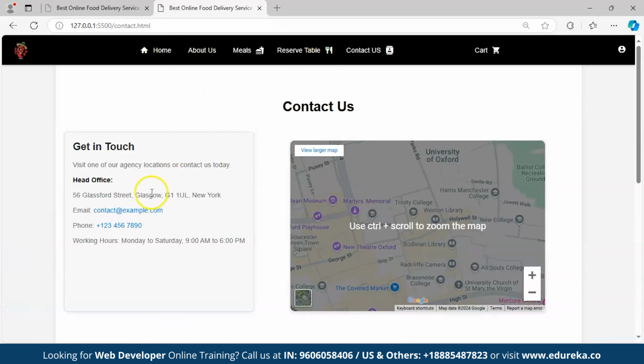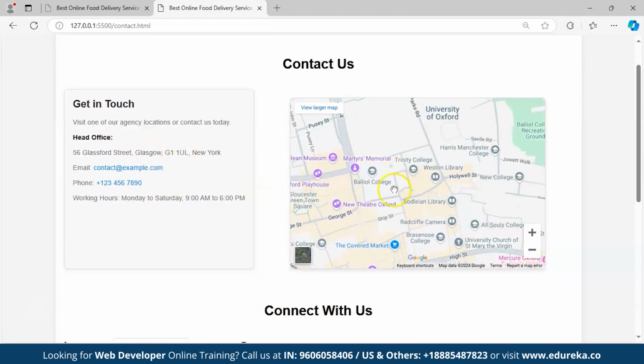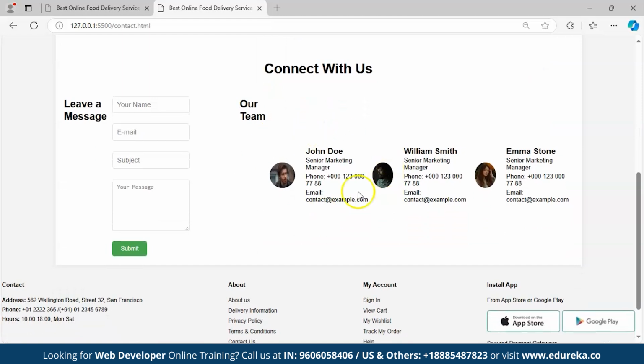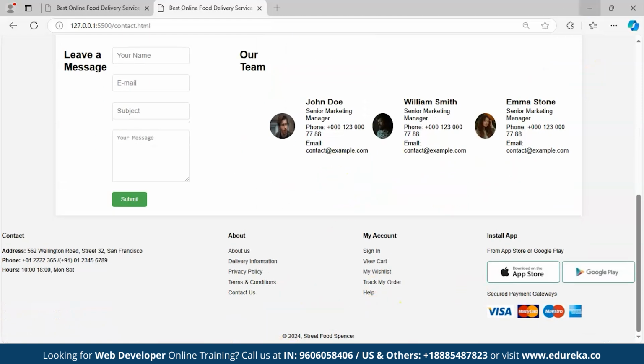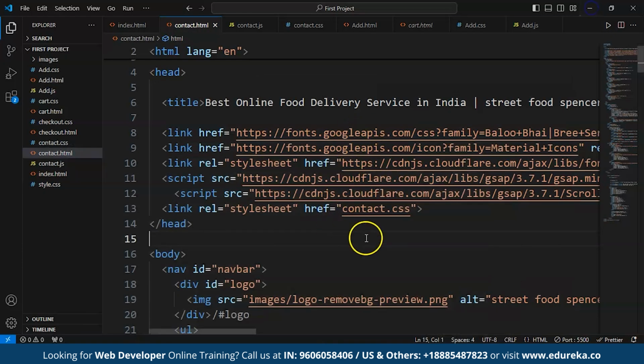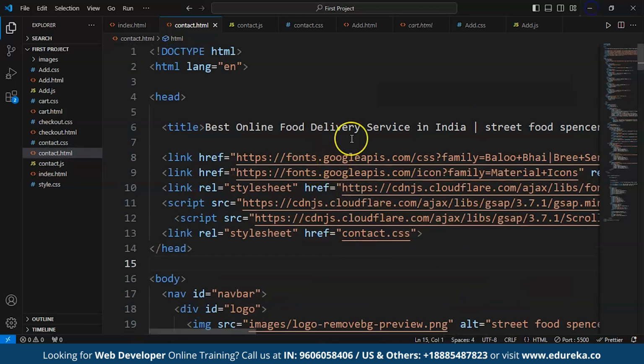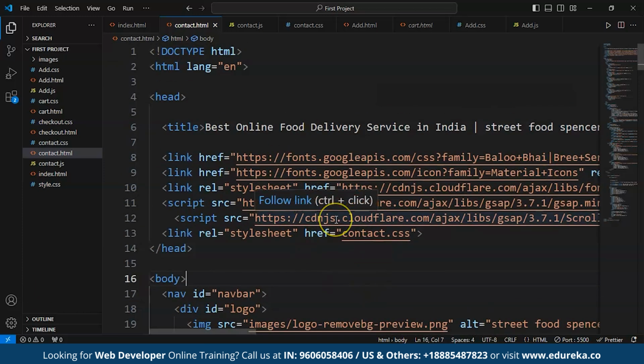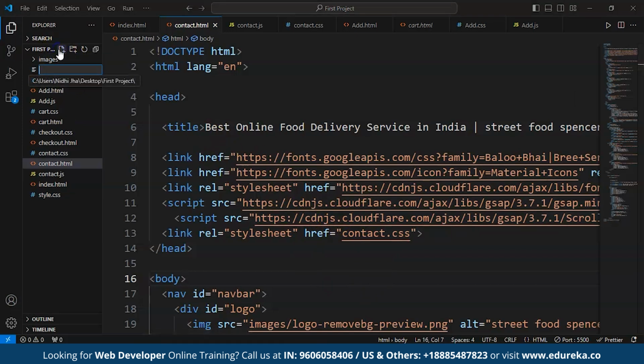So here we have navigation bar, we have this box, and then we have the map which is from the Google Maps, and then we have our team and the footer. That's it. This is our contact us page, and so far we have created the home page, the mail page, the cart page, the checkout page and the contact us page. So now the next thing that we are going to create is about us page, and lastly we'll create the login and register page. So for creating the about us page, we'll just make one HTML file naming